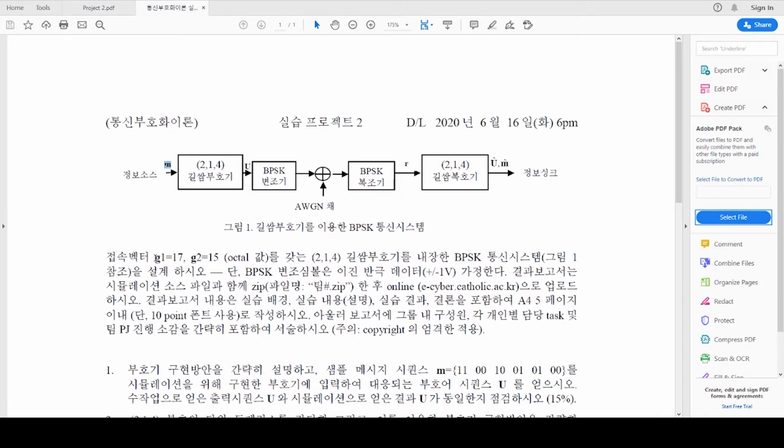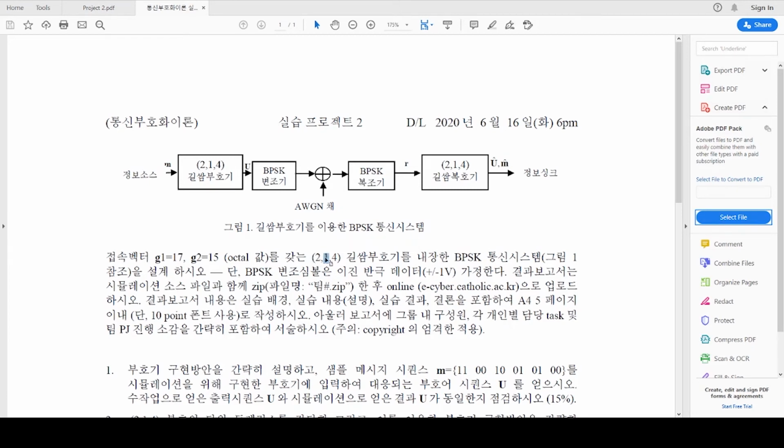So here you can find the register sequences G1, that is 17, and G2 equal to 15. It is given in octal format. So you have to convert this to binary format when you do the simulation. And also from the convolutional code you have to find how many outputs, how many inputs, and how many registers. Here it is 2 1 4.